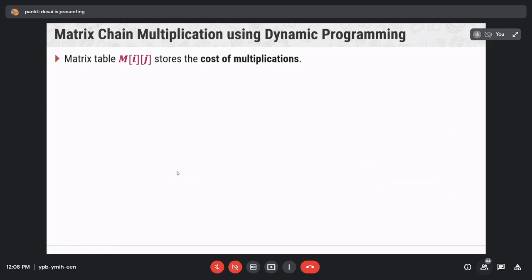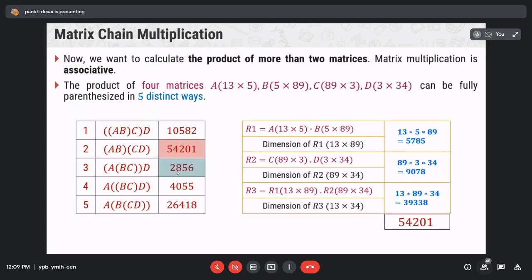Now, if we use dynamic programming to perform the multiplication, we can solve this problem. In this example, all these five distinct ways give you the final multiplication answer for the matrices A, B, C, and D. But all these different ways give you different dimensions, or different